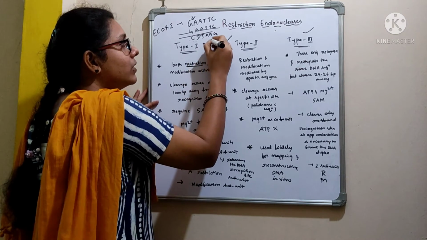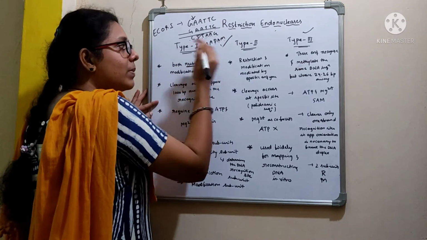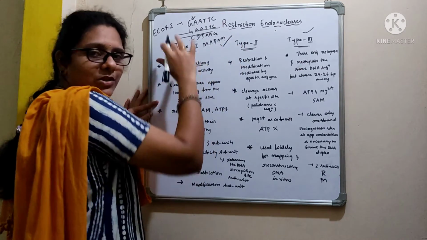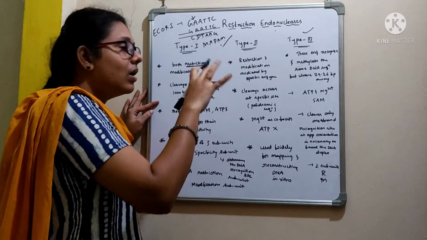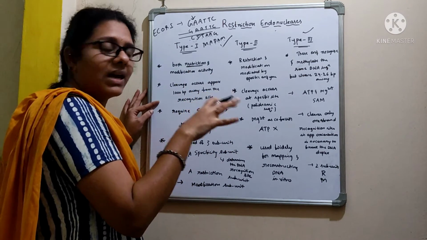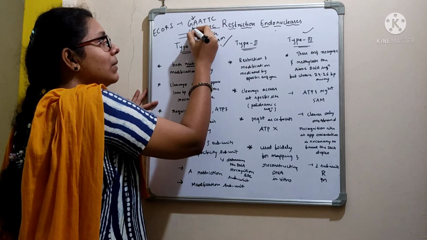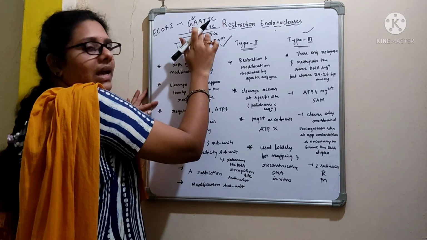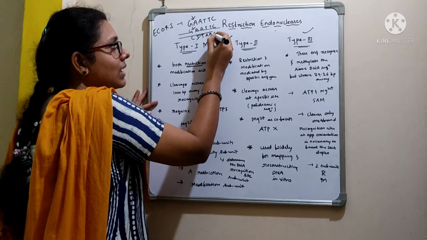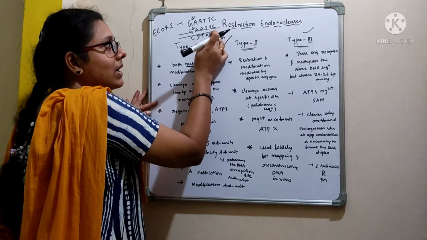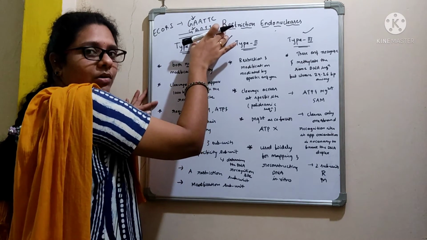For example, if you take MADAM, in the opposite direction it is MADAM. So these are palindromic sequences, like Malayalam, Liril, all these are palindromic sequences, right? See here, the EcoR1 enzyme is going to cut in between this G and A, right? In the opposite strand also it is going to cut here, in between G and A, because both the sequences are the same. We call them a palindromic sequence.